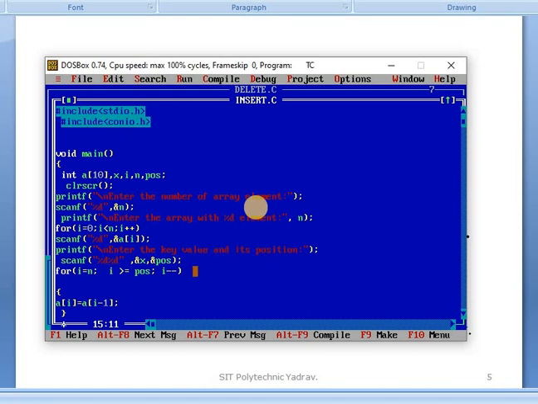Because we input two things: the first is which value is added, and the second is at which position it is added, so we take %d twice. After that we write &x for the value and &pos for the position.